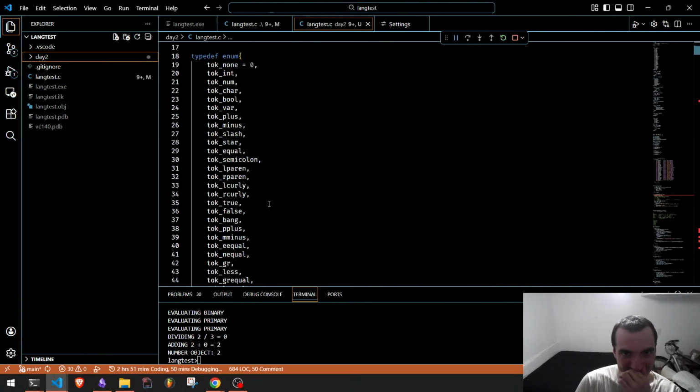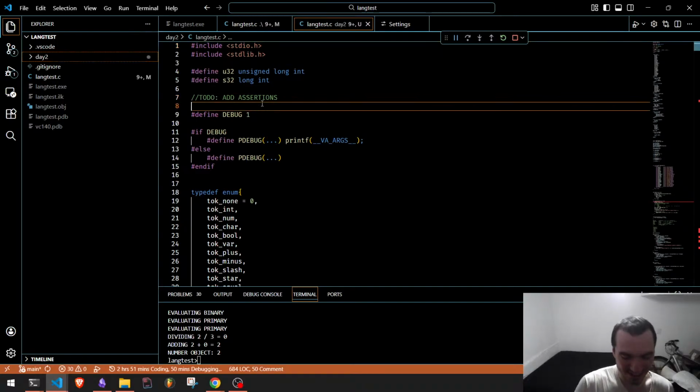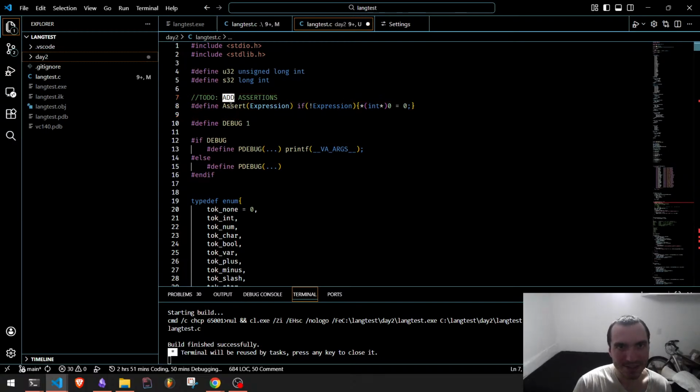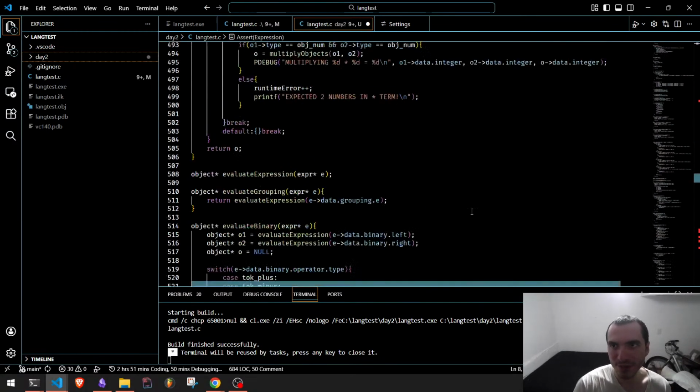We don't have assertions or stuff like that. We can do that real quick. Define assert. We'll have an expression. This is basically how Casey Muratori does it. If the expression is not true, then we dereference 0 and try to set it to 0. Let's just see if that compiles. Okay, so now we have an assertion, and that is incredibly useful because if we want to hard stop on anything, we can just do